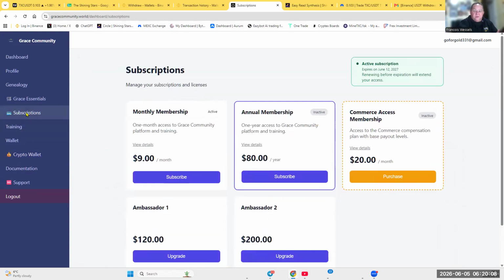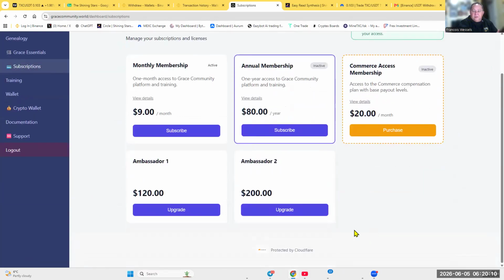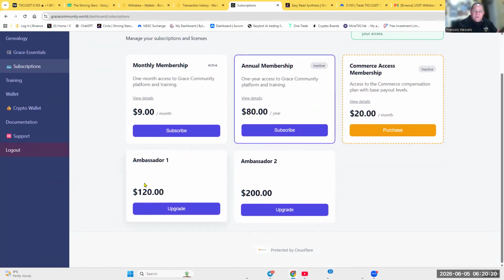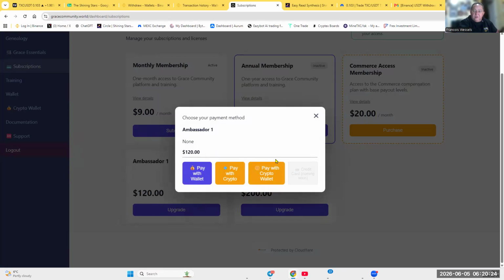For example, if you need to, I can do the payment. In this case, I can either do the payment of my $9, I've already done the yearly subscription, or I can click on the upgrade here and do the payment, pay with crypto wallet. And remember, it's going to charge you $5 extra.